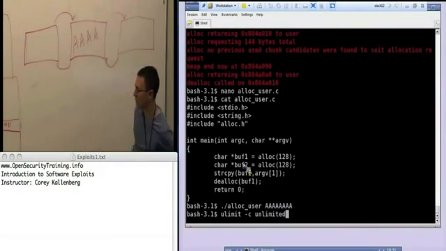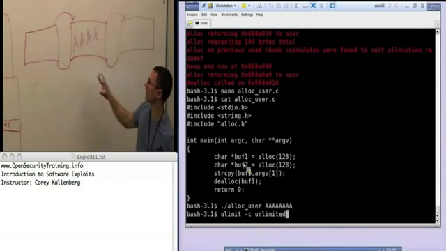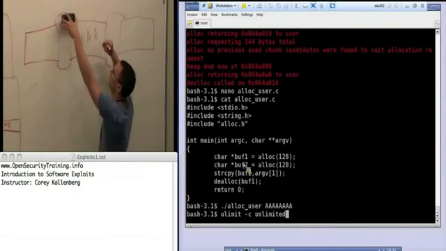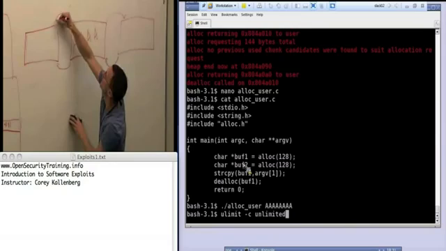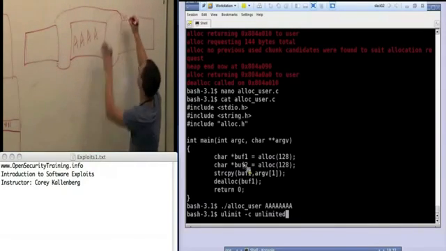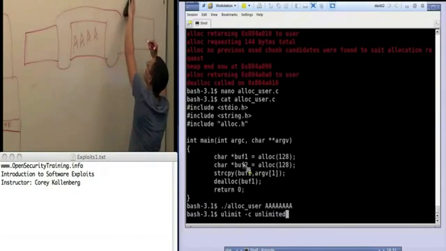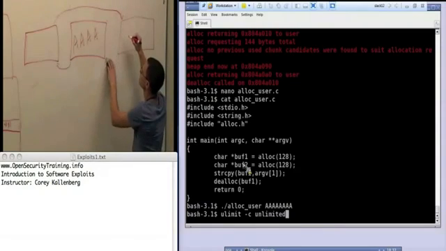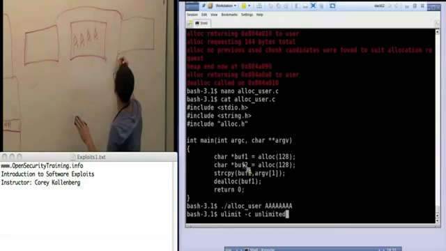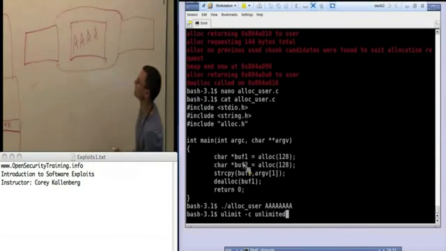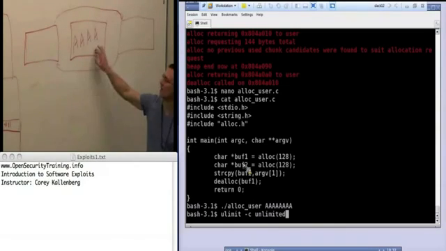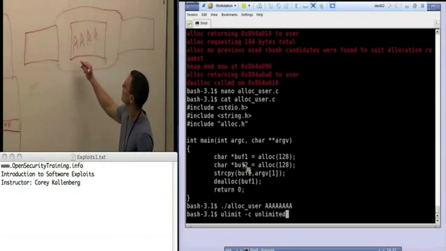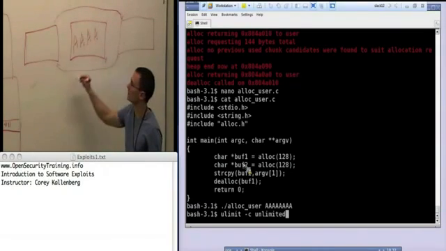When we do an unlink chunk operation to remove this from the linked list, what we do, and this is common linked list deletion functionality, is we make this point to this, and this point to that. So we basically are making the pointers jump around that way. The way that you actually do this in C is you do something like, we're unlinking this from the linked list. We would say like this next pointer,